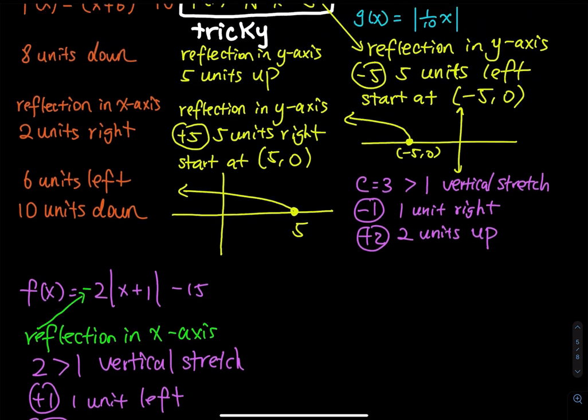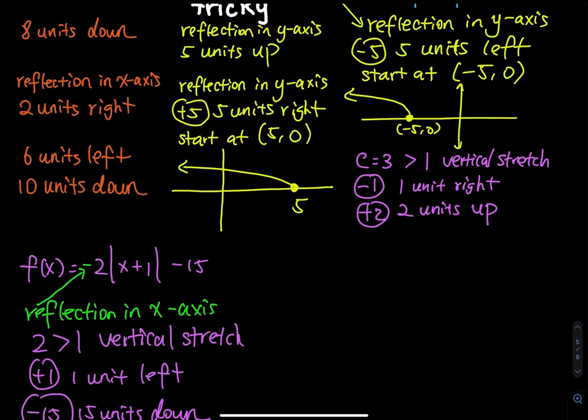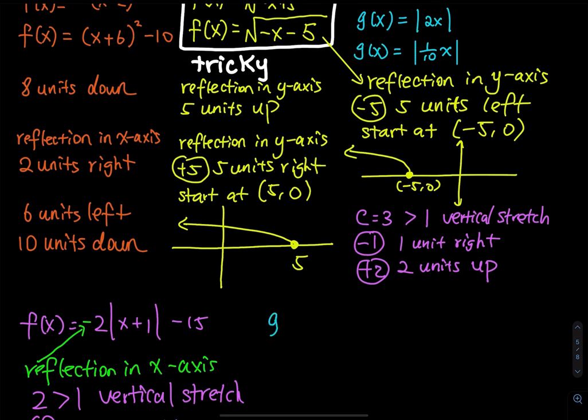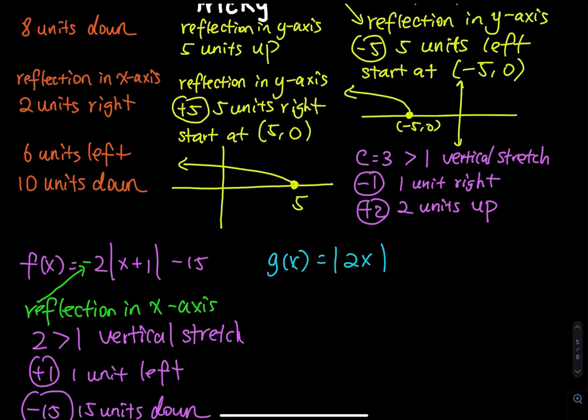Okay, this is done, and then we have 2 blue problems to go. Let me just copy the function. You have g of x equals the absolute value of 2x. So the 2 is inside the absolute value, and c equals 2 is greater than 1. So this becomes a